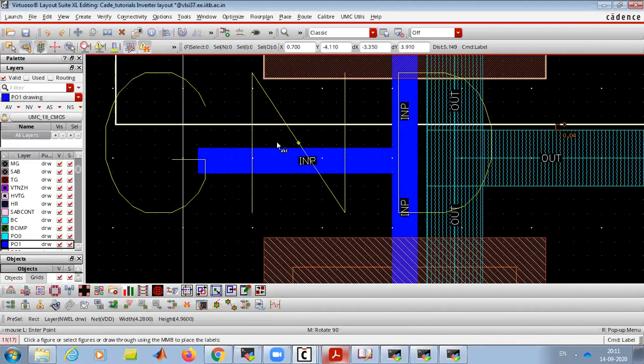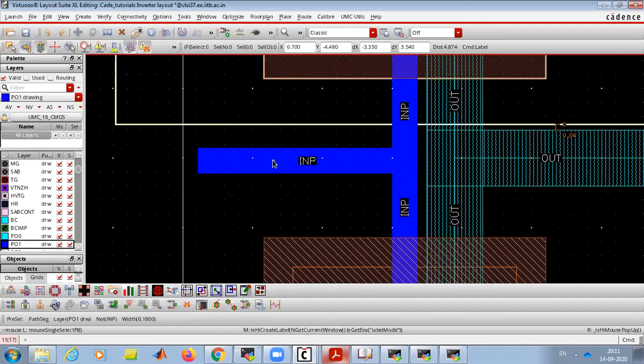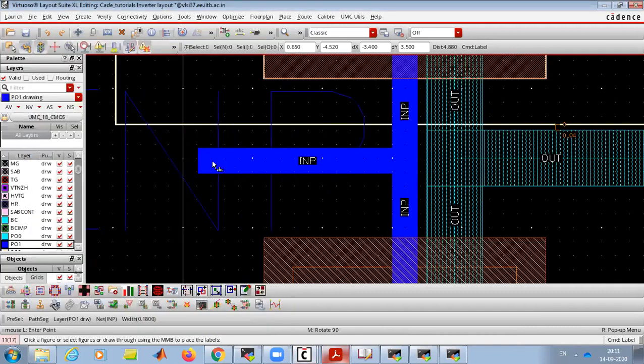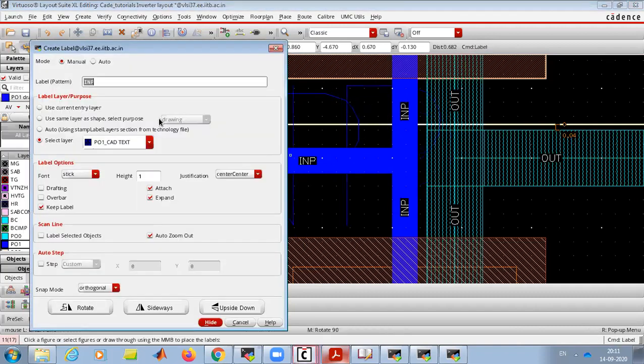And for this poly we need PO1 CAD text. And for our output,